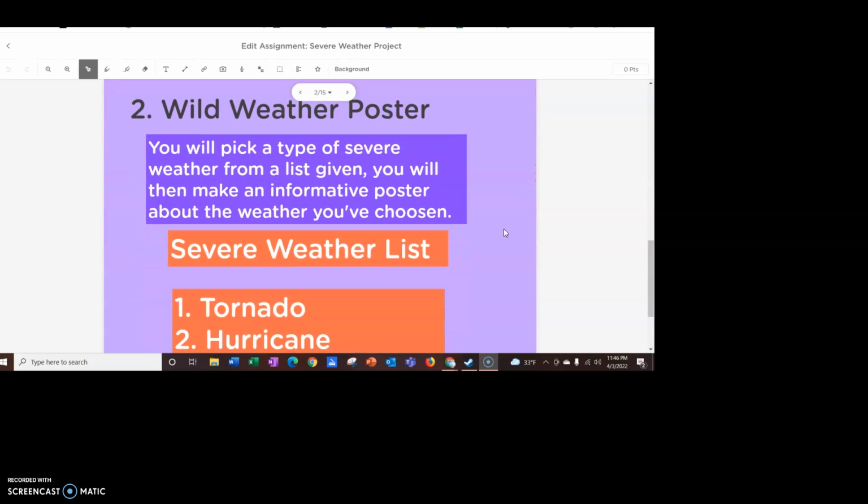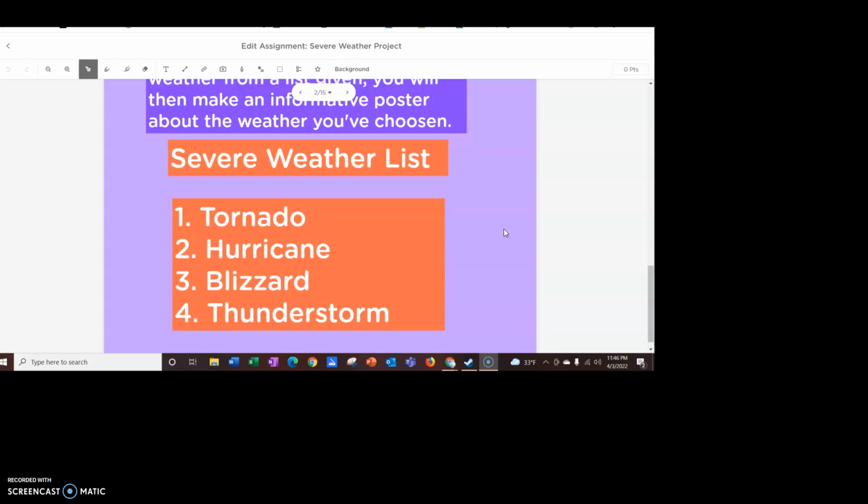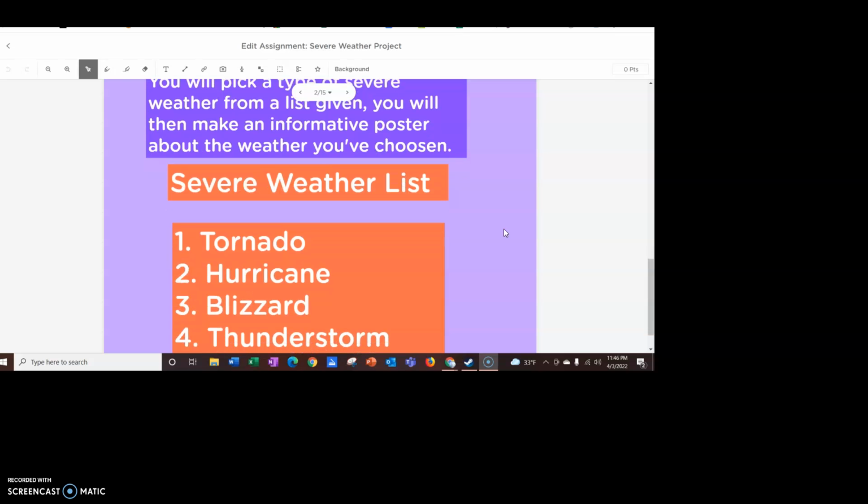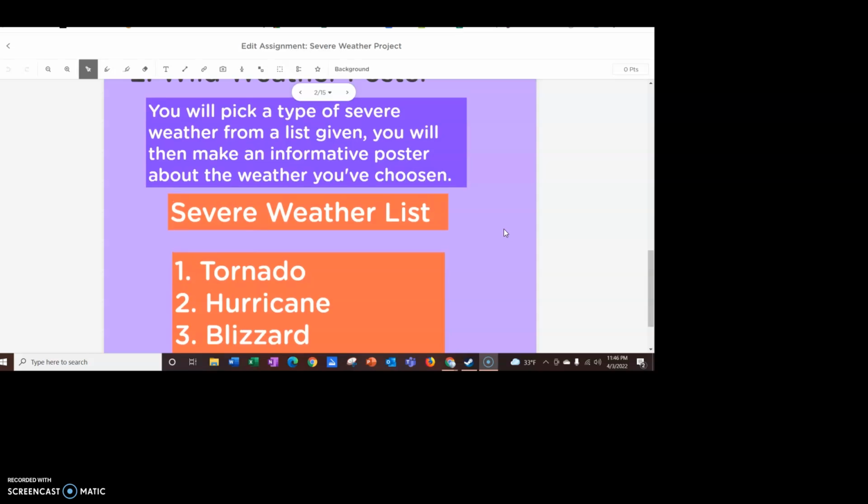The second option here is that wild weather poster. So that's the one where you're going to pick one. You don't have to do all four, but you're going to pick one of the severe weather from the list given. You have tornado, hurricane, blizzard, or thunderstorm, and then you're going to make an informative poster about that weather